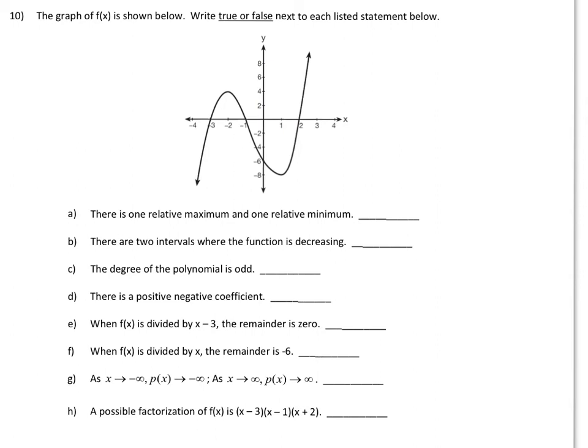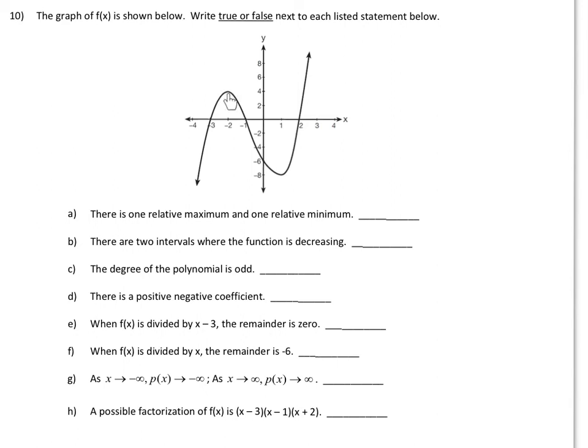Number 10 asks us to write true or false next to each statement. Okay, so we're looking at this graph right here, right? And let's see, letter A, there is one relative maximum and one relative minimum. Well, that's true, right? This right here